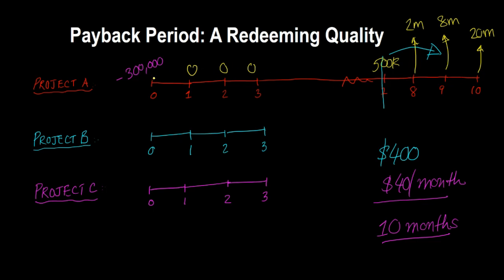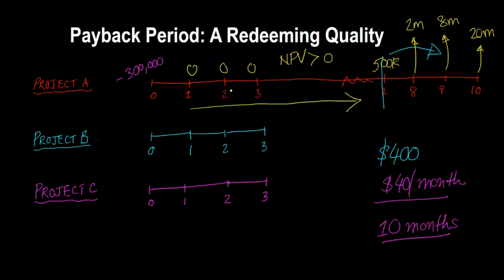Now, you can probably imagine that for reasonable discount rates, this will likely be a positive NPV project, because even if the discount rate is as high as 20% or so, you are making a lot of money. These cash flows are further into the future, but their discounted value is likely going to be higher than 300,000. So this project is likely to be a very high NPV project. But you see what the problem with this project is? You spend a lot of money as a young firm up front, and you don't make anything in the middle. You're waiting all this time, so you are strapped for cash.